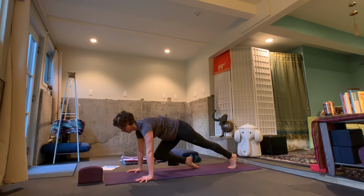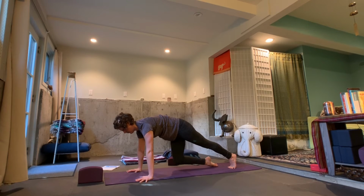This takes a lot of strength to keep really stable on the left side as you're pulling the right knee in and back. Exhaling in. Inhaling back. Exhaling in. Inhaling back. Exhale,